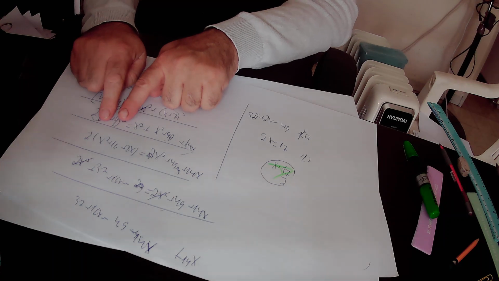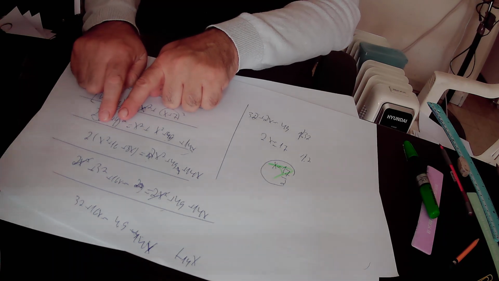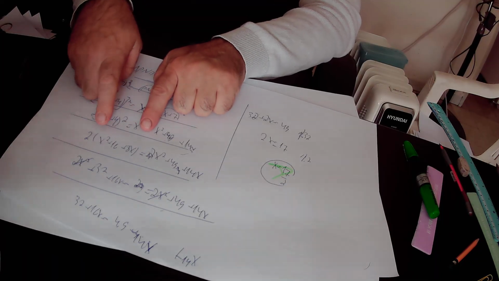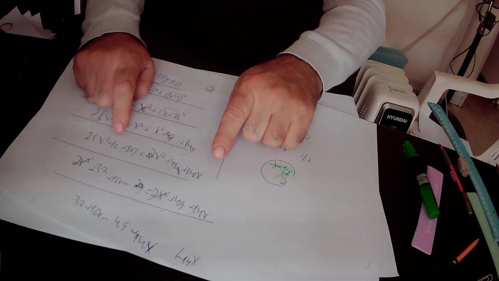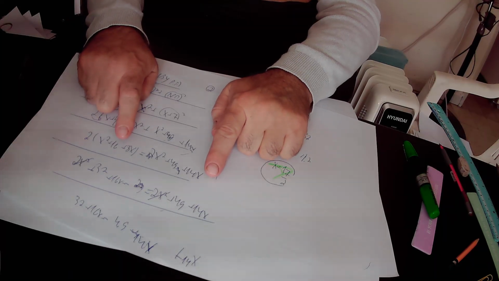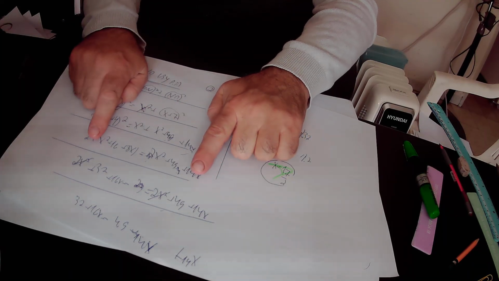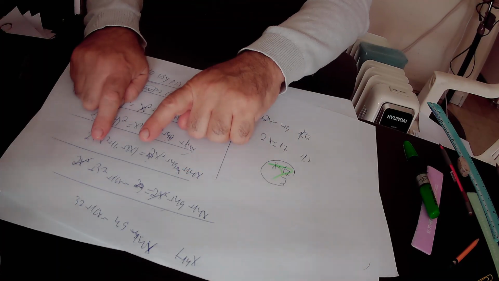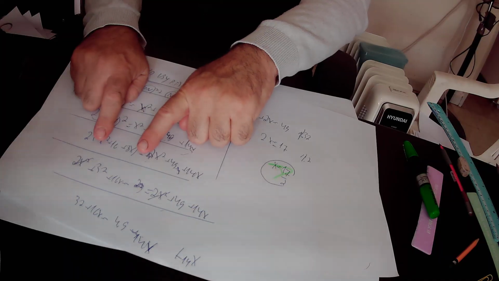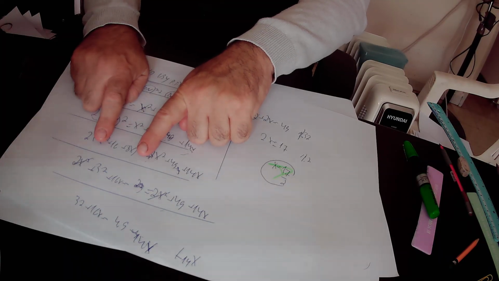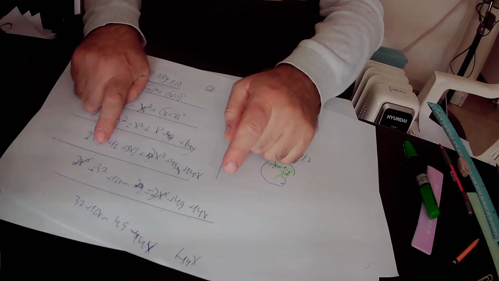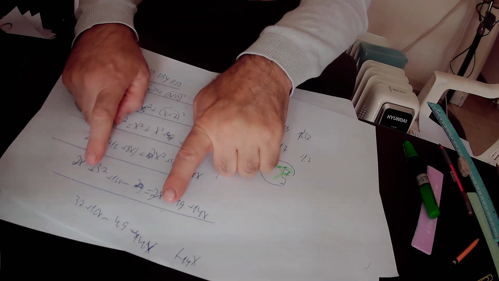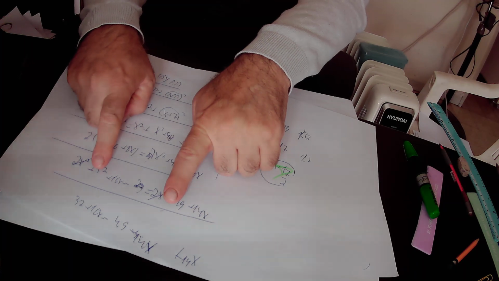Open the brackets on this expression. We have 2 times x squared, 2 times 16 is 32, and 2 times 8x is 16x, and it equals 2x squared plus 49 plus 14x. We have 2x squared on both sides of this equation, so 2x squared will get cancelled. On this side of the equation we have only 32 plus 16x, while on the other side we are left with only 49 plus 14x. So in total we find that 32 plus 16x equals 49